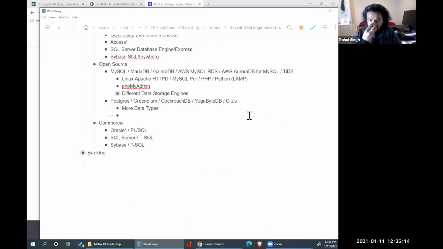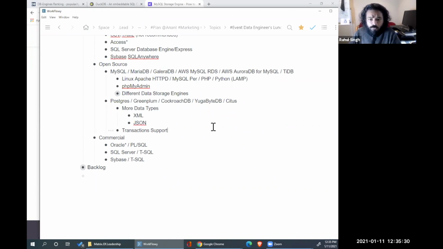Also, before InnoDB came into MySQL, I had always heard that Postgres had transaction support. In terms of data types, it supports XML and JSON. Some cool things about Postgres is you can even run a Mongo compliant database on top of Postgres, using their JSON engine. It's kind of interesting.